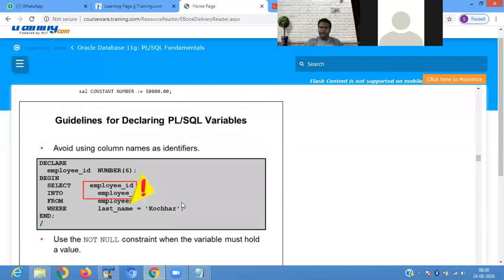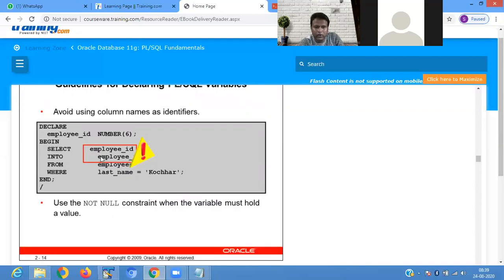Guidelines for defining a PL/SQL variable. Declare employee_id number. If you write select employee_id into employee_id, it shows an error. Why does it show an error? You are retrieving a value from a column that is employee_id, and you store it in a variable also named employee_id.